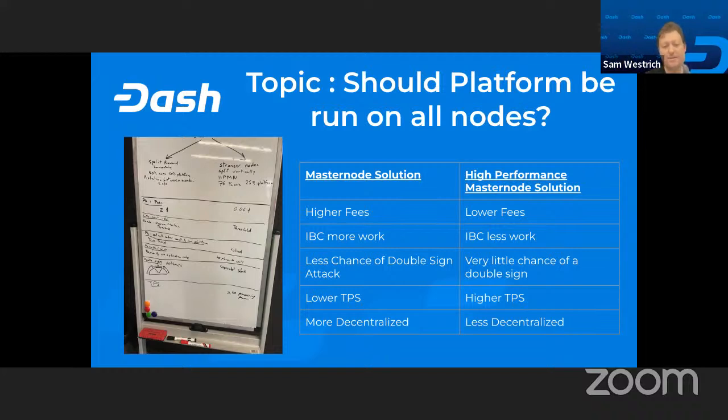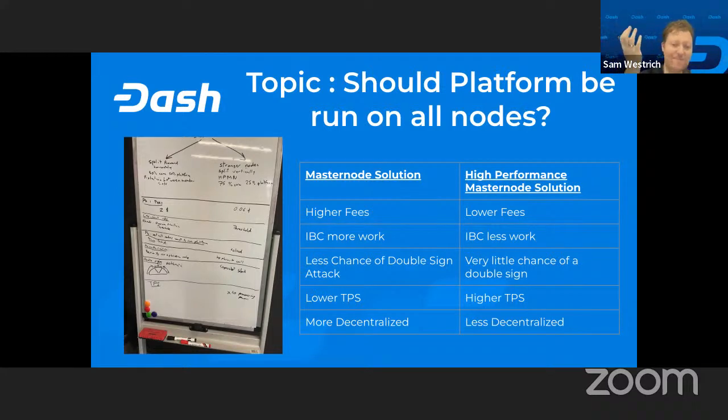Because the cost of storage is really determined by the replication factor, the fees in platform would be much, much less. We estimate, for example, that if something were to cost $2, instead it would cost something like 6 cents in the high performance masternode solution. So you get much, much lower fees.